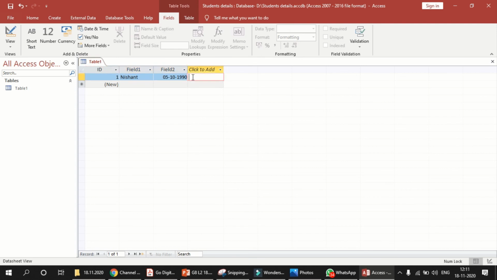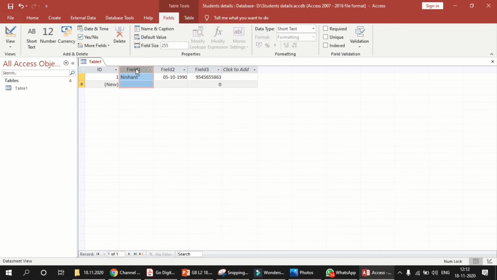Then I'll enter the phone number. I have typed a contact number. In the same way, you can add the next fields also. If you want any other field to be added, email address or salary details, whatever it may be, you can add it by selecting the tab key.